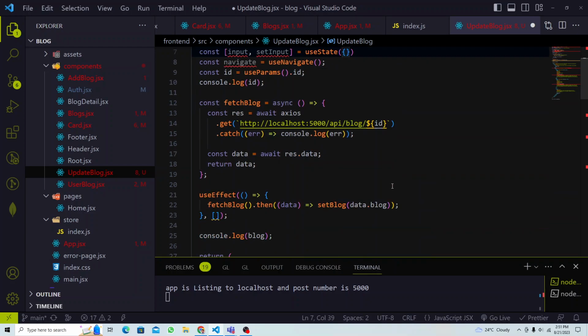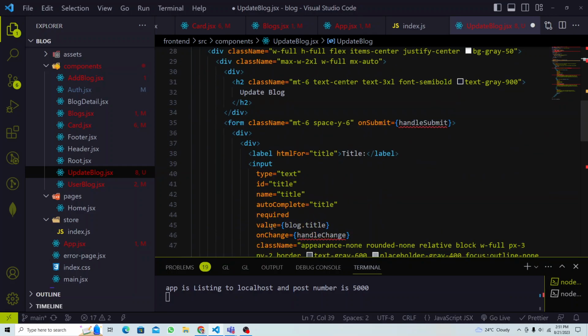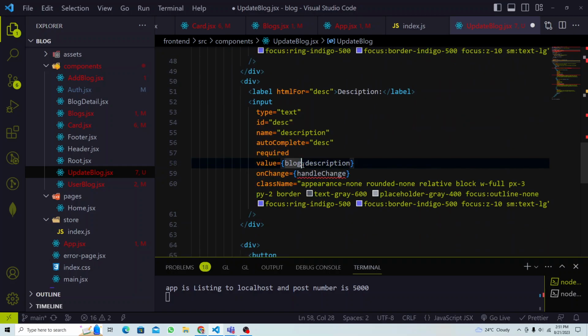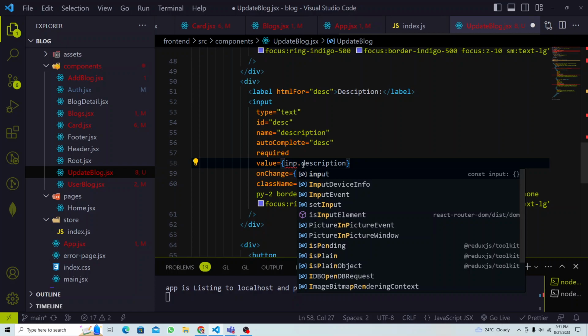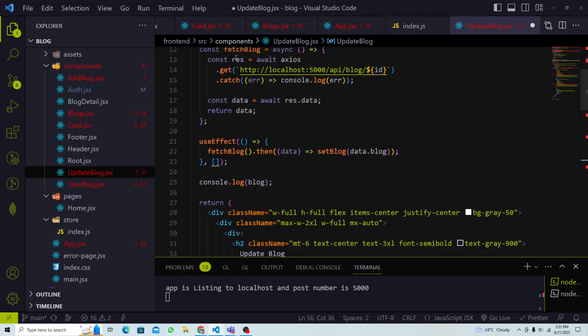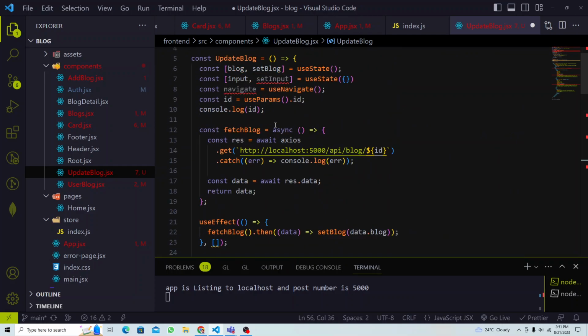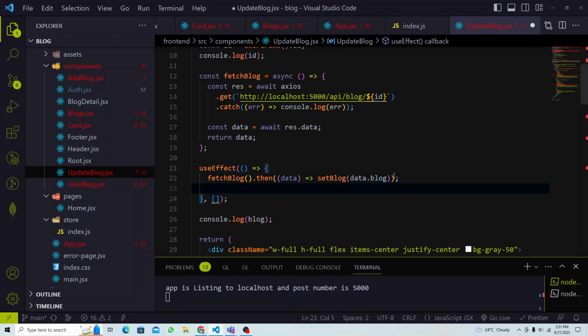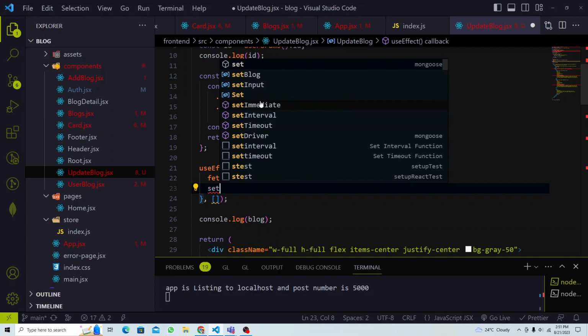And let's see what is in our value, right? Blog dot title. No. So now it will be input, right? Input, we're getting this from input. Okay, and it will also be input here, input, fine. So now we're going to update that input, right? Input. At the same time, when you have useEffect here, after you update your blog, there we're going to do something like, let's call it maybe set input, right? Input,